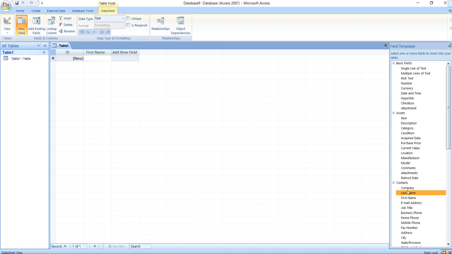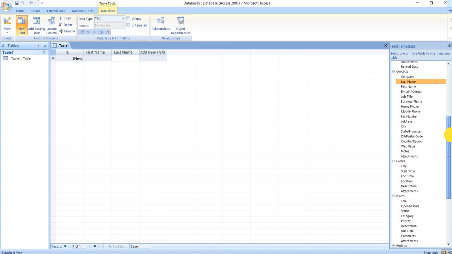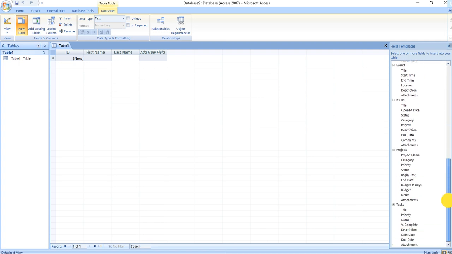Then I'm selecting the class. So what I'll do, I'll select the last name. Again, I'll drag and drop it over here. Now I want to add a class name. Nothing is there here, so I'll double click on it and mention class. I press the tab key to go to the next one, marks.